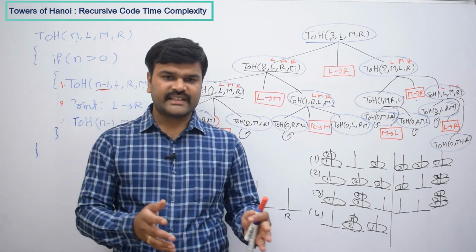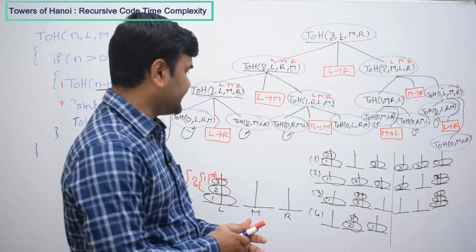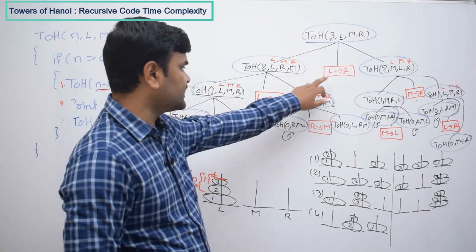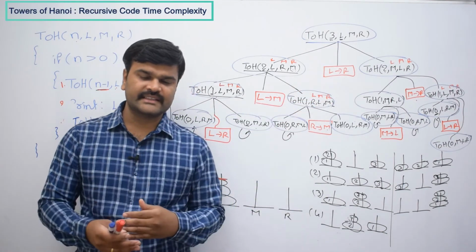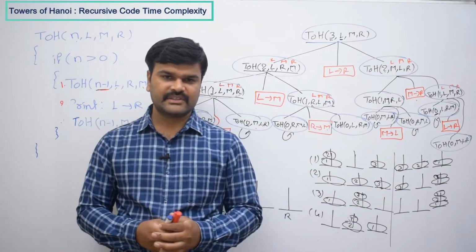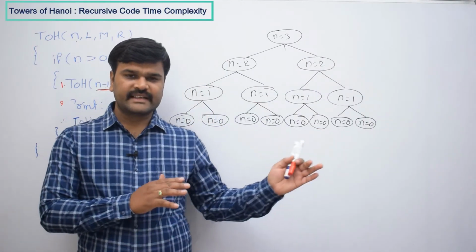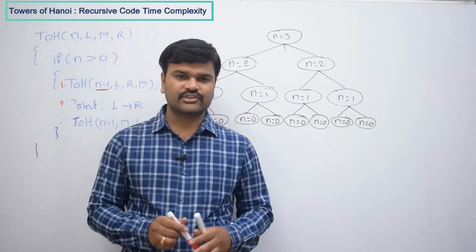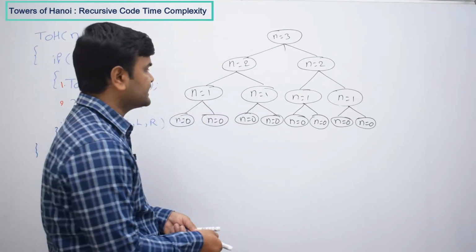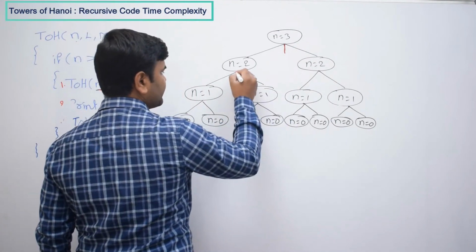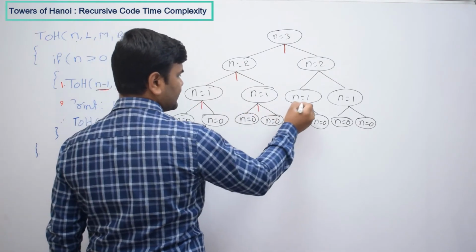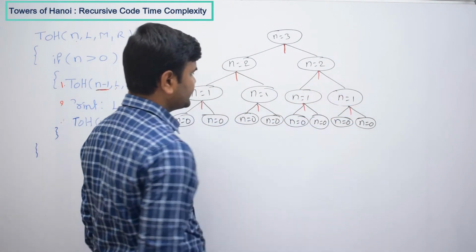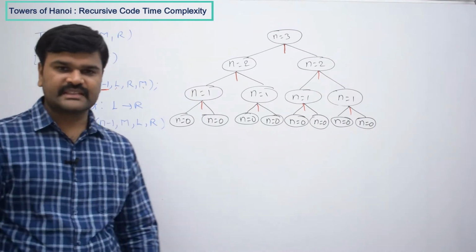Okay. So let us see that one. For better understanding, we are skipping this printing part and again redrawing the same recursive tree. Okay. So here we have rewritten that recursive tree. So same thing except the print statement. So the print statement we are not going to consider here. Okay. Here we have print statements. Total 7 print statements are there.